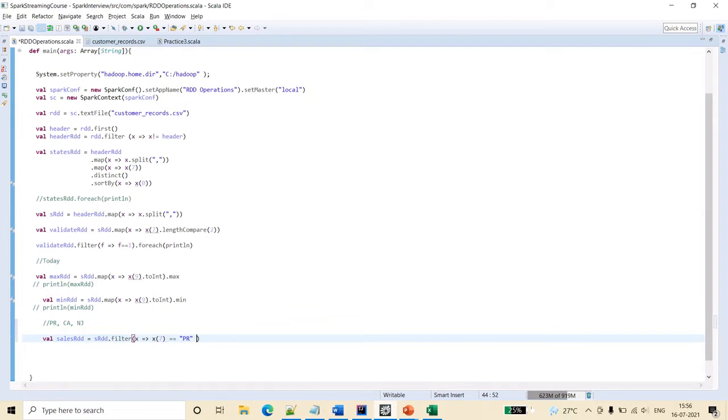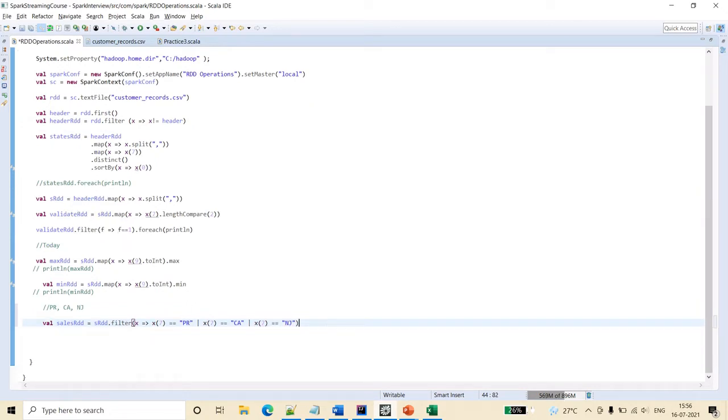Now we have three states to compare, so this is the OR condition. Then again OR x of 7 equal to CA, or x of 7 equal to NJ. So this is how we write the filter condition.